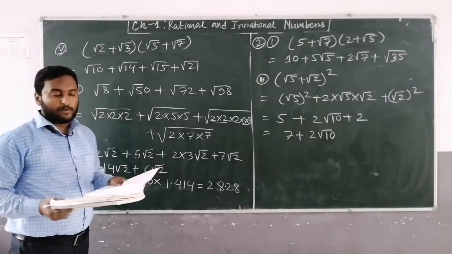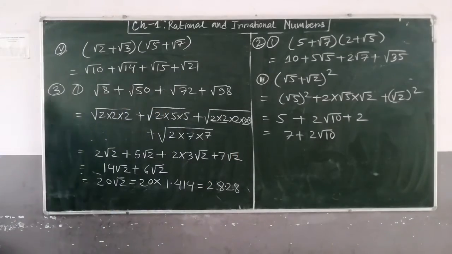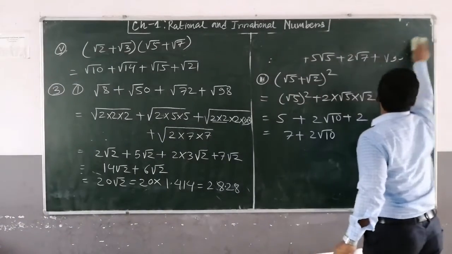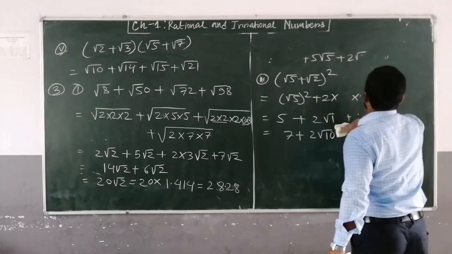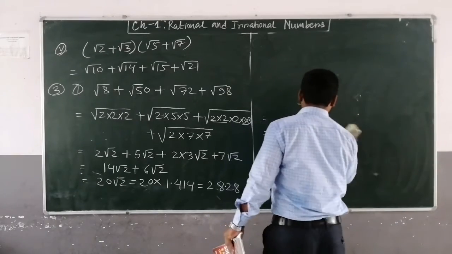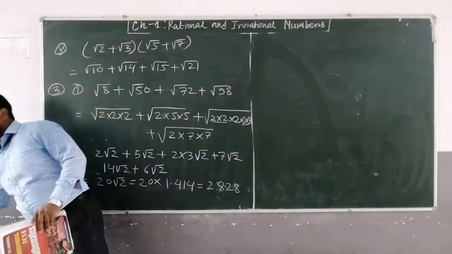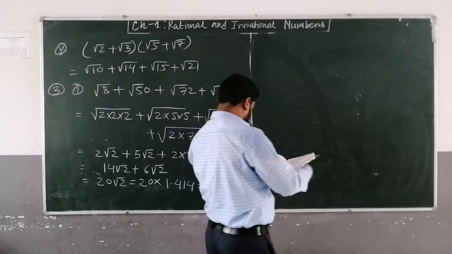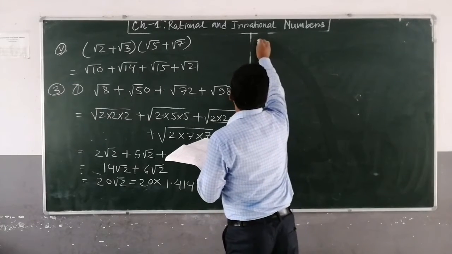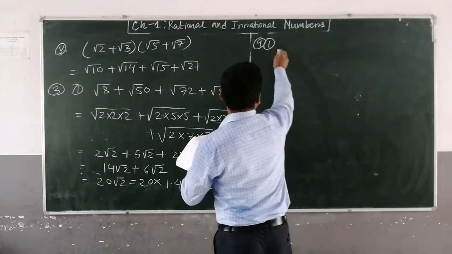And the second part, try to solve at home. Now come to question number 4. Okay, question number 4, first part. It is given that under root 27